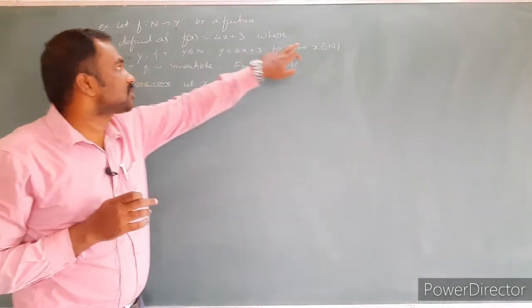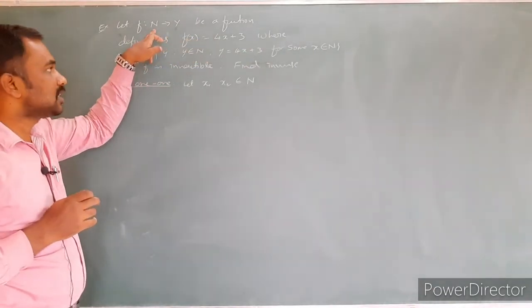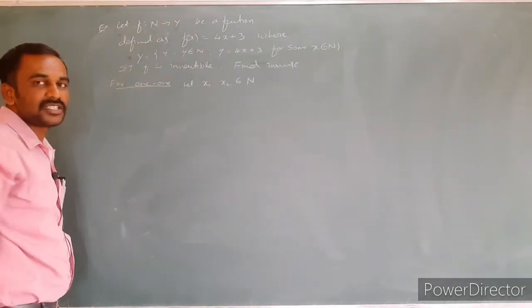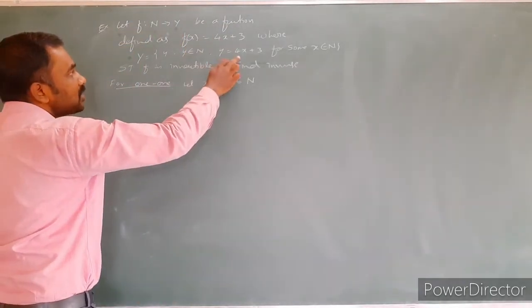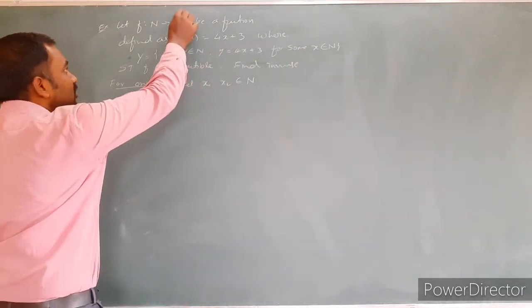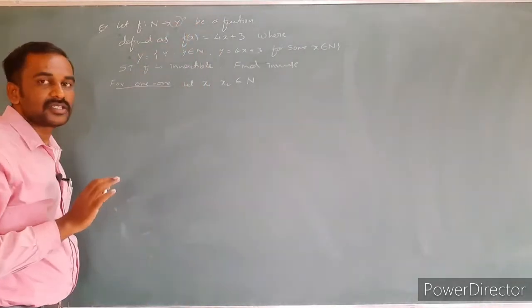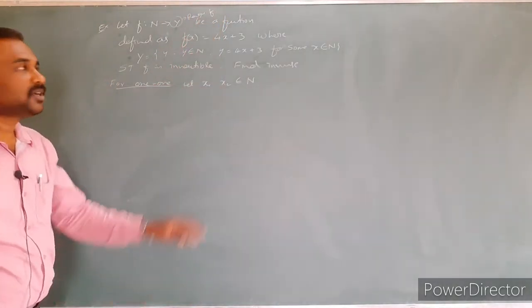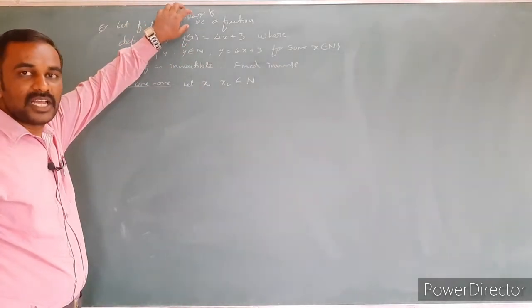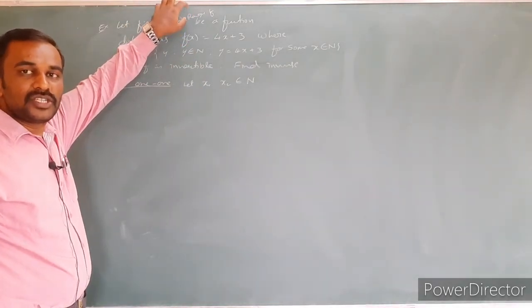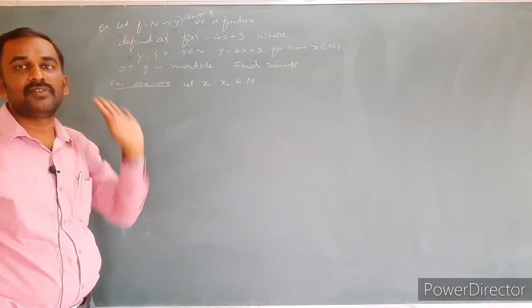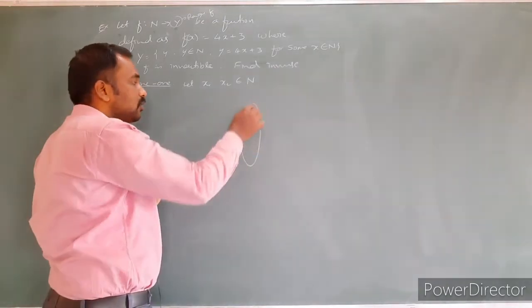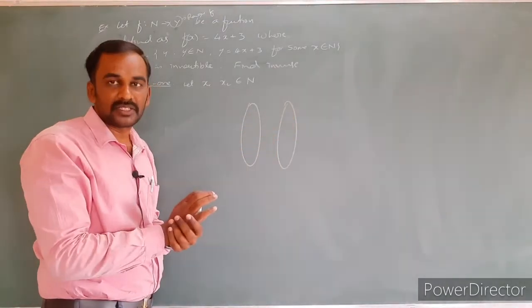On replacing x by any natural number from the domain set, whatever results we get are present in the set. That is nothing but the given function f of x, and this is the same. That means instead of the codomain, we can call this the range of the function f. The range of f is nothing but the elements that have a preimage, not the whole set. If you consider the codomain and the range, there is a lot of difference.